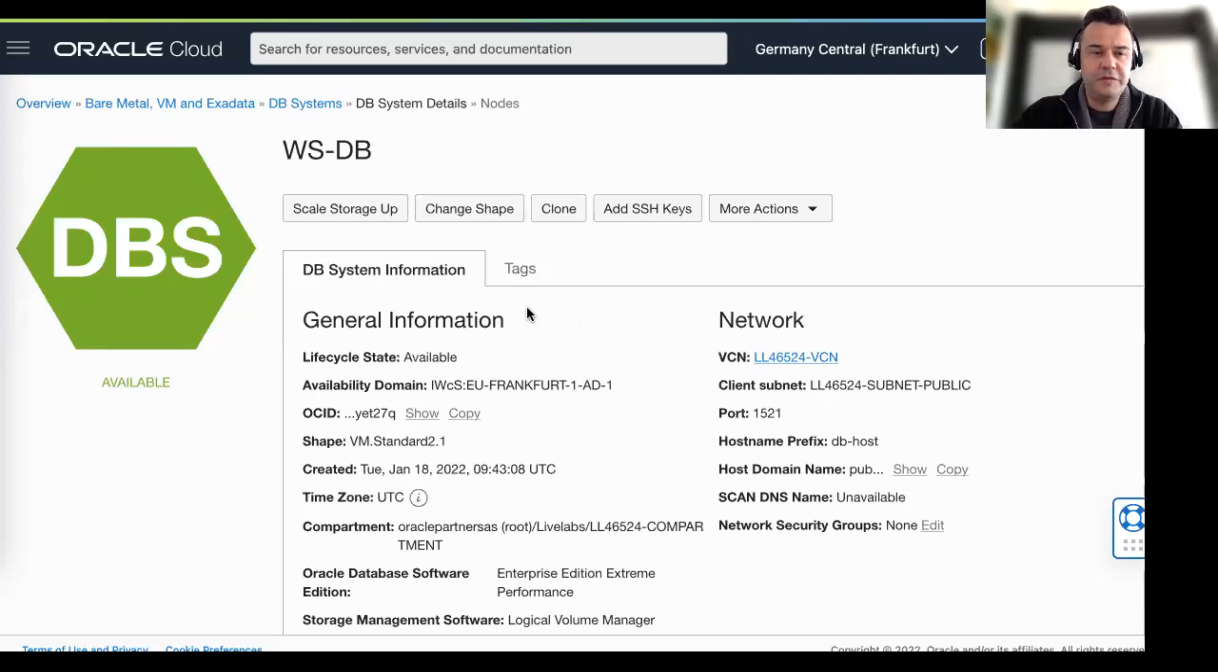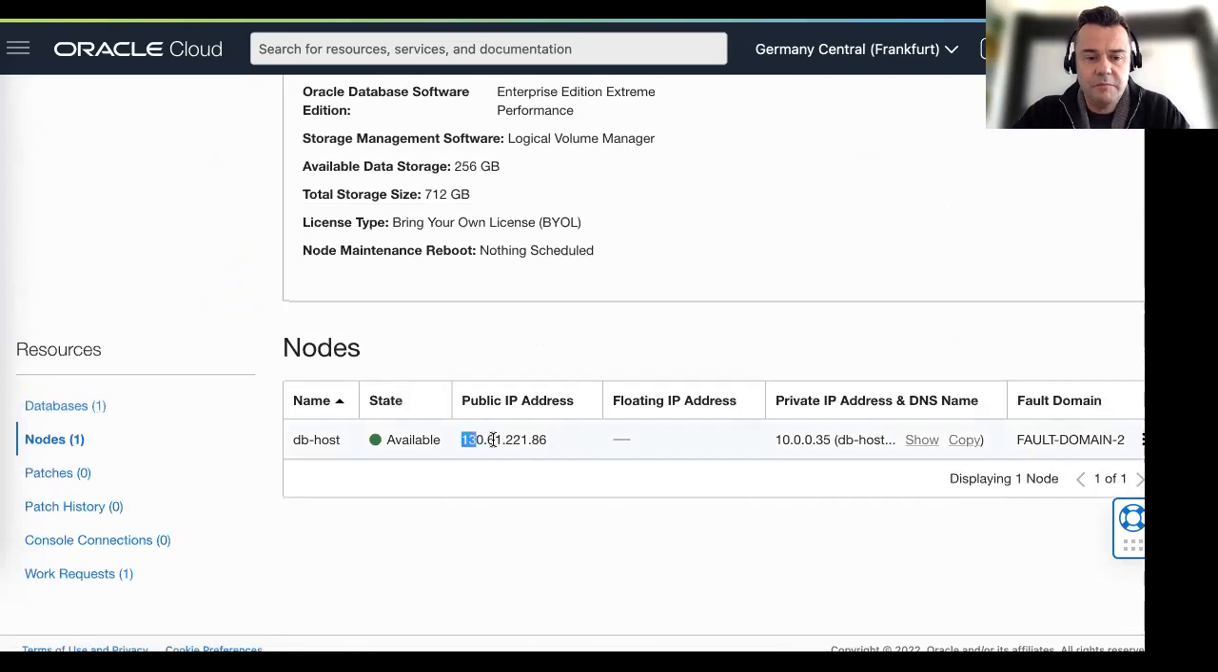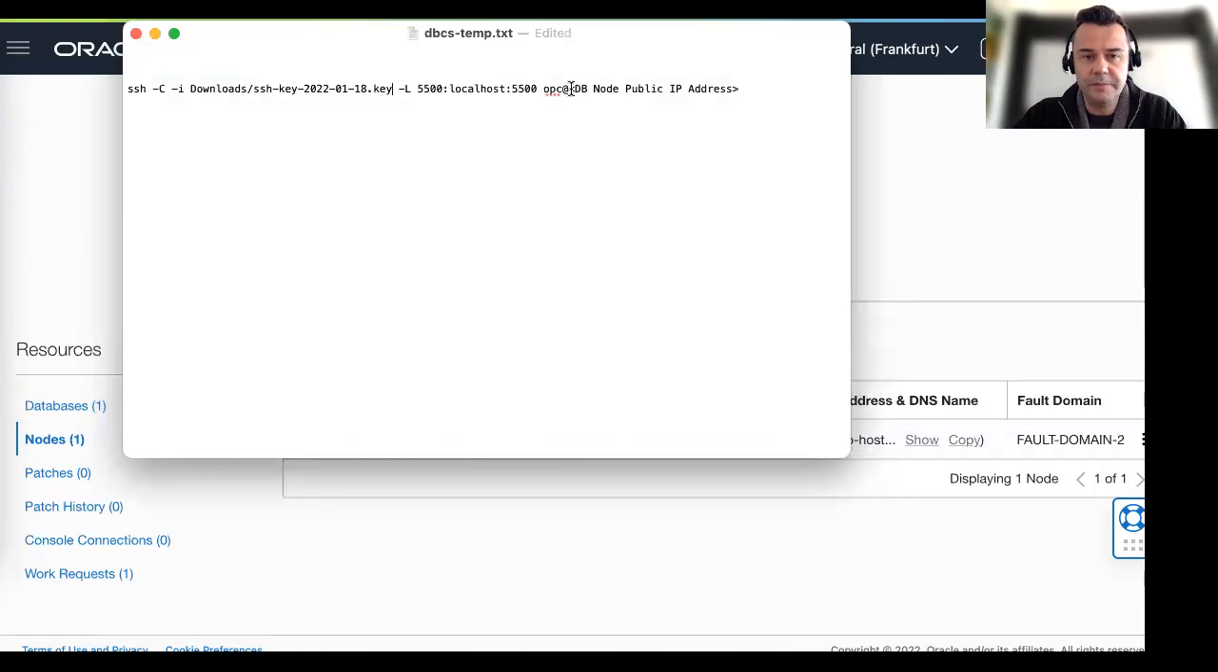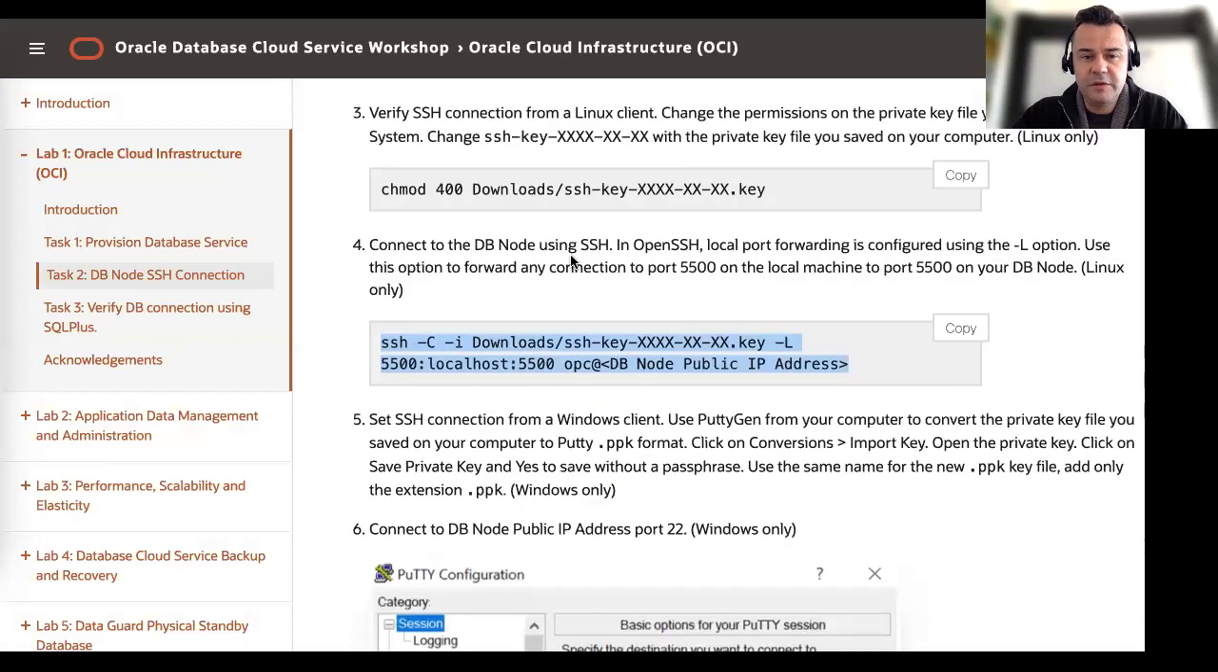Well, after a few minutes, the database cloud service is provisioned. You can see here it is available. And now we have the public IP address of the database node we can use for the SSH connection. So if you follow the lab guide, it says connect to the DBCS node using SSH, and we're going to also